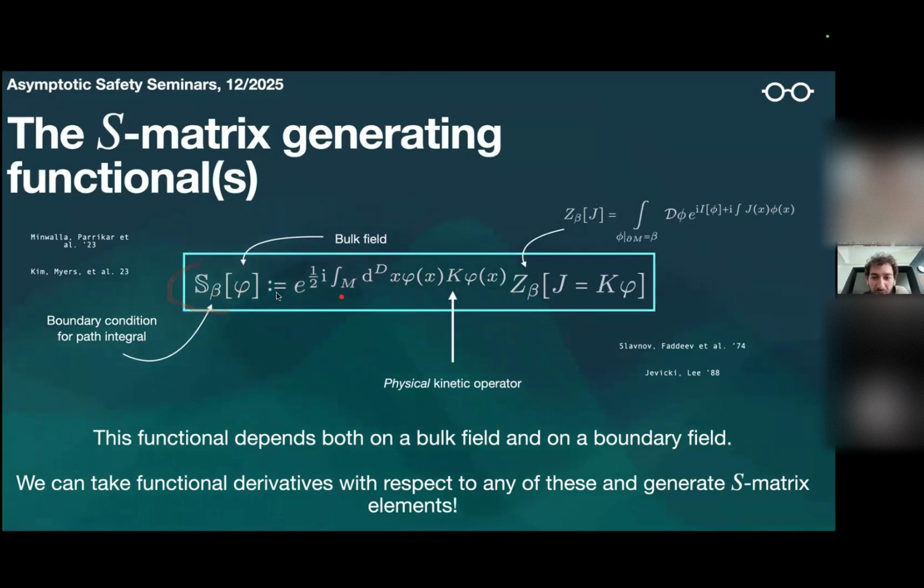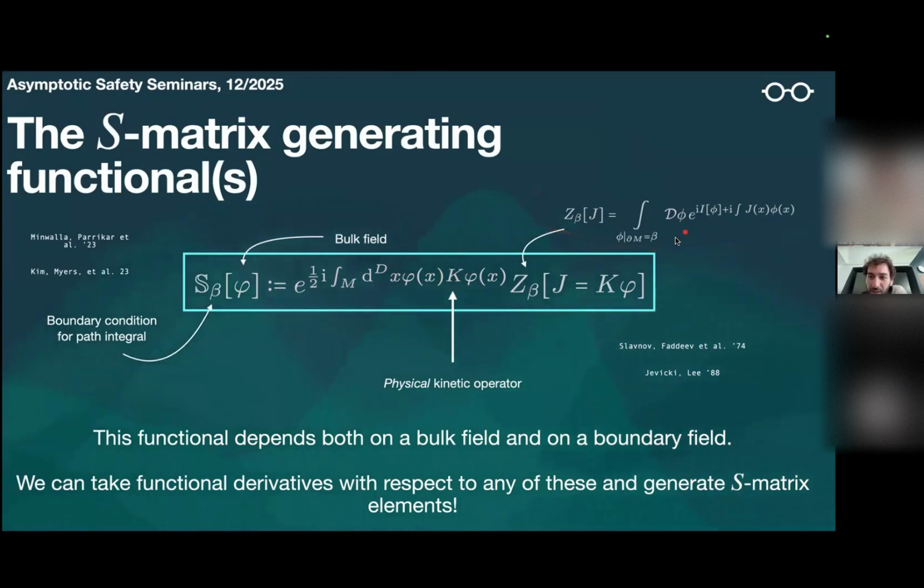Okay, so the definition is written in this expression. It comes in two main factors. One of them, which is written here, is just the exponential of i times the free action of my bulk field. This K is the kinetic operator, and in particular it is the physical kinetic operator, so the mass that appears in here is the pole mass. And this other factor is the partition function that I wrote here,